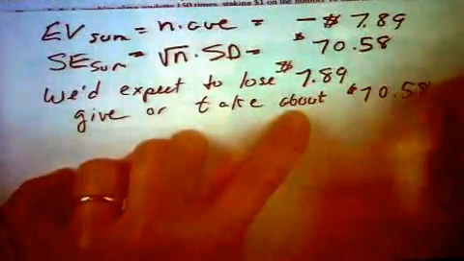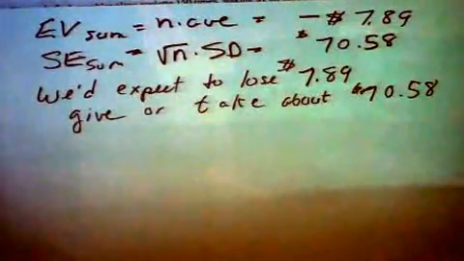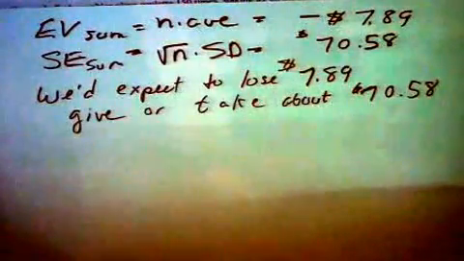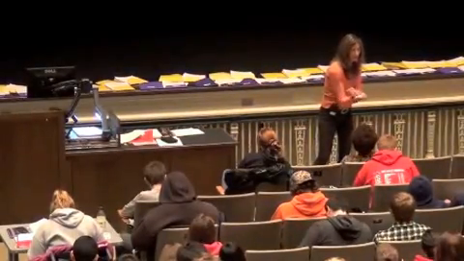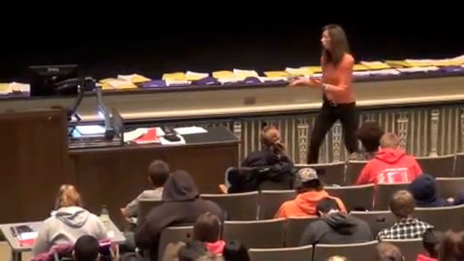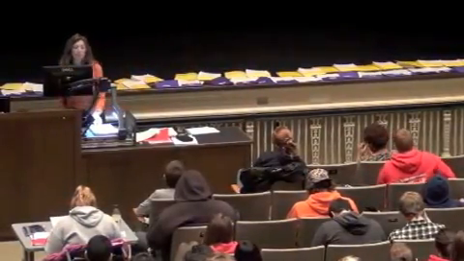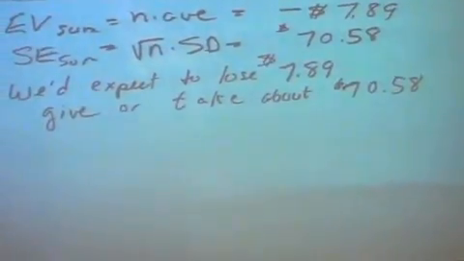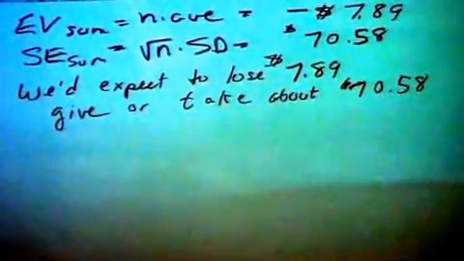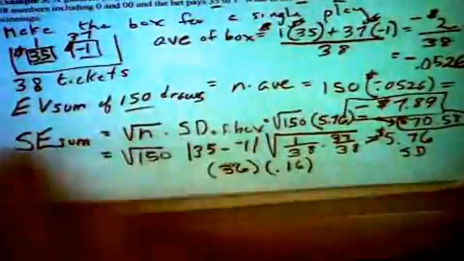Later, in the next chapter, we're going to work out the probabilities. This give or take number, if we play enough times, is going to be like one standard deviation, one standard error. So if it follows the normal curve, that would be about 68% of the time. And then about 95% of the time, we'd be within two of these, so about $141 in either direction. So we could lose quite a lot, almost $150 within that, or we could win pretty much too. This is a risky game. This is fun because you can win or lose.